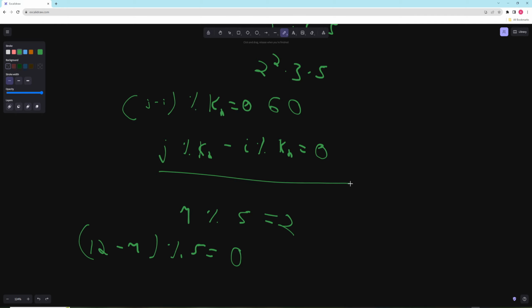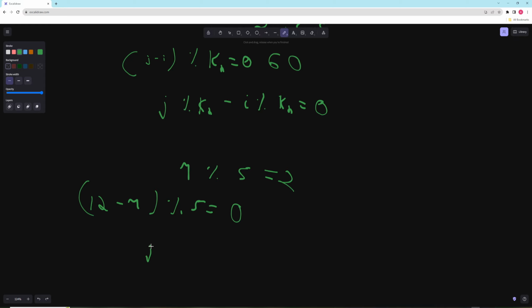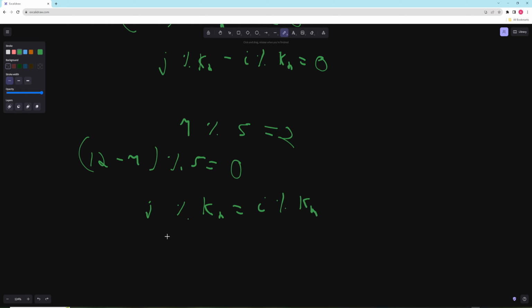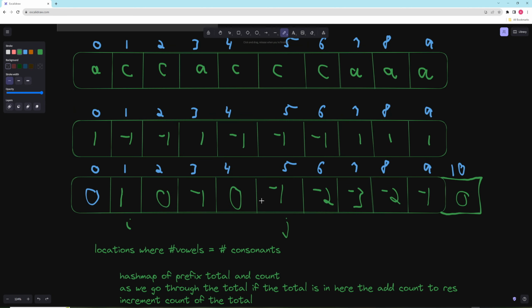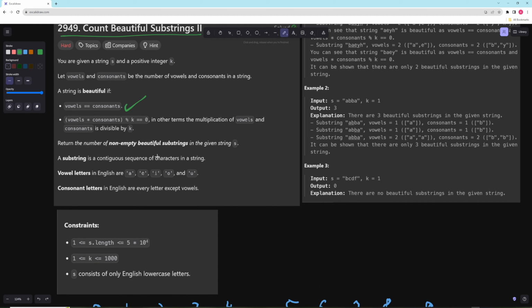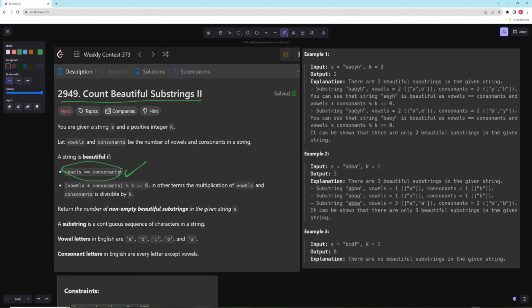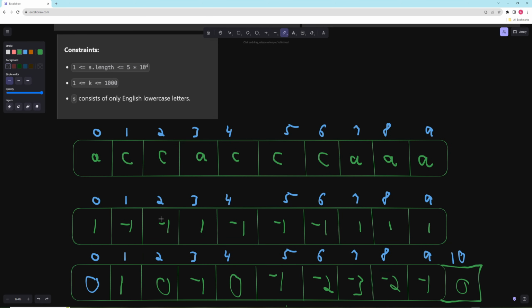So if this is the case, that means that j mod k new has to equal i mod k new. And so if that's the case, if j mod k new has to equal i mod k new, and we are able to do this other part, right? We're able to do this part in O of 1. Now we can also do this part in O of 1, because instead of for every single value just storing